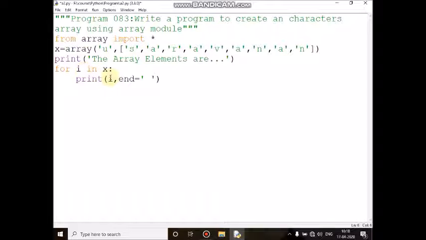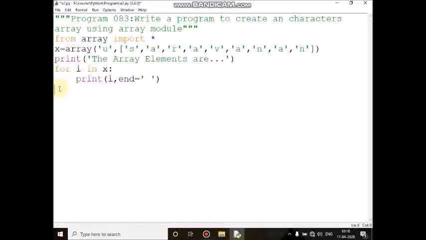Now i is indicating x of the eighth element. It will print, then give one blank space. After that blank space, the cursor will be there only. Now the elements are over, so the condition is false.